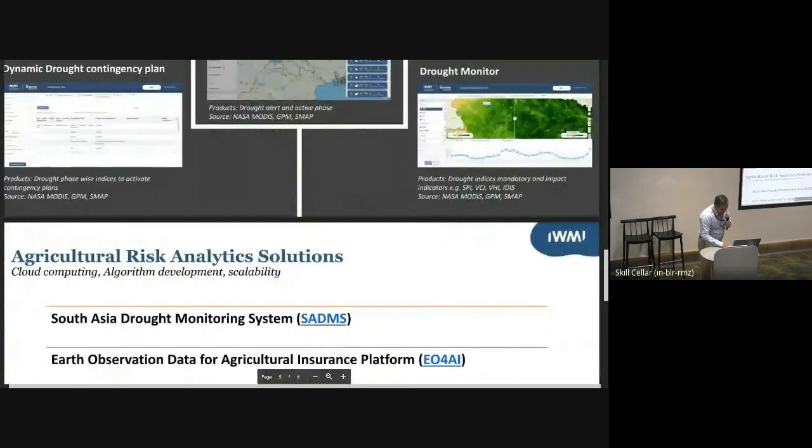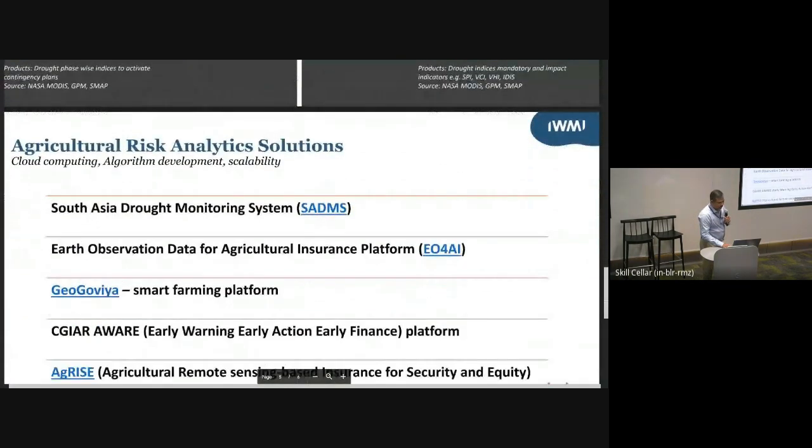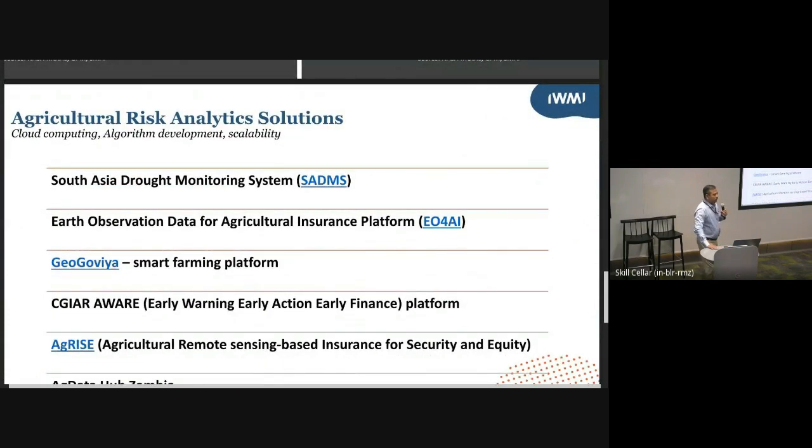So as I told, this is one example, but we're also working on some other platforms, like the South Asia Drought Monitoring System. We have developed the Earth Observation data for agriculture insurance platform, which is again our impact up to the farmer level. That's EO for AY for Sri Lanka. We have GeoGovia. Govia is a Sinhalese name for farmer, so it's a geo farmer, let's say. We are taking data at the farm level,